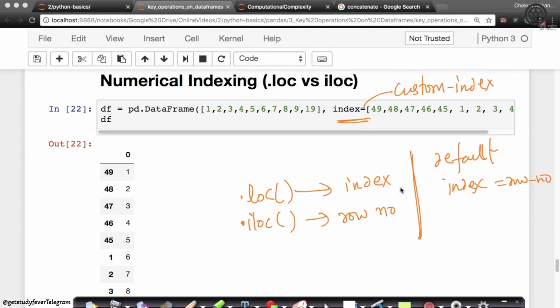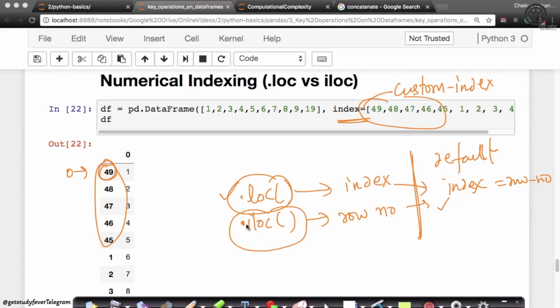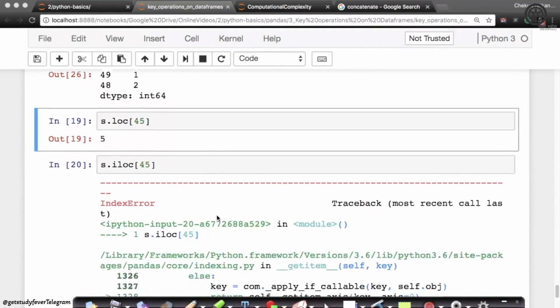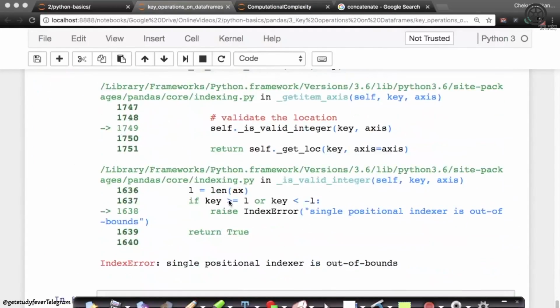In such a case, your iloc and loc will behave exactly the same. But if you have given your own custom index, like in this case, because this is row 0, but my index is 49, that's what I mean by custom index, there is a difference in output between loc and iloc. This is very important. A lot of people get confused between loc and iloc, especially when accessing data in a data frame. So be careful when you use loc versus iloc.